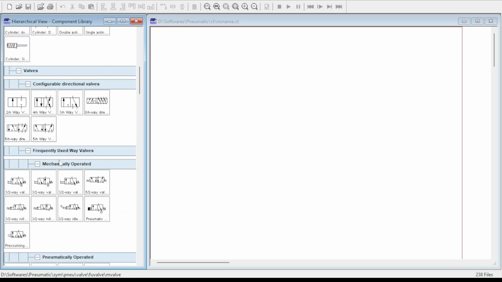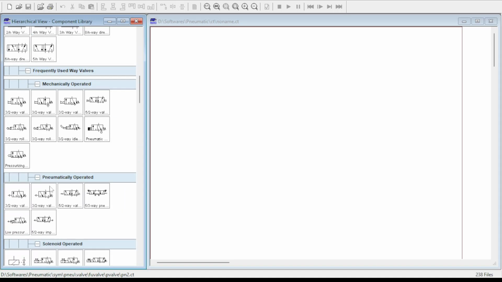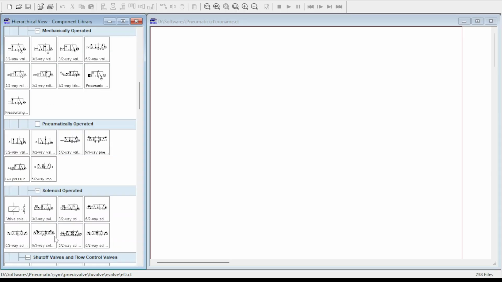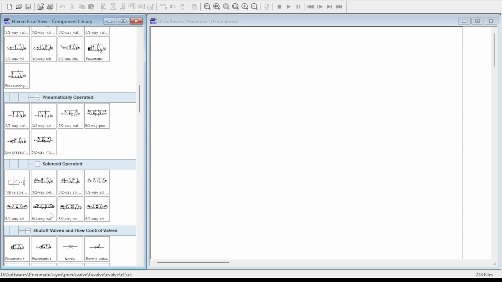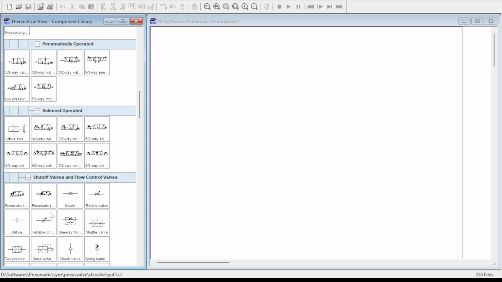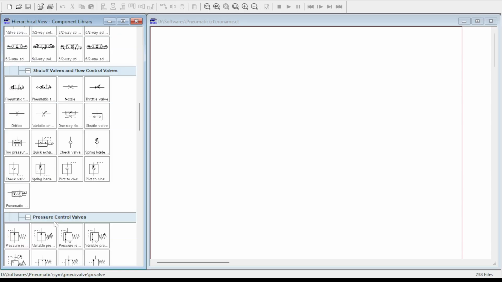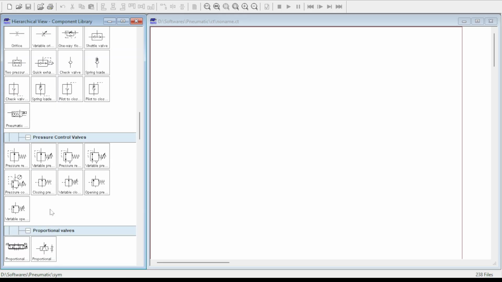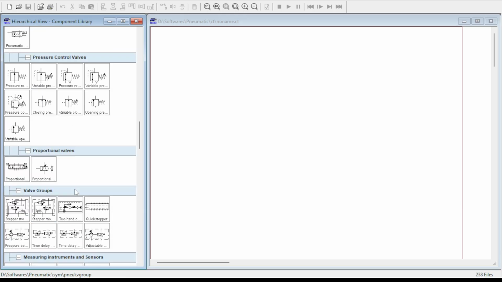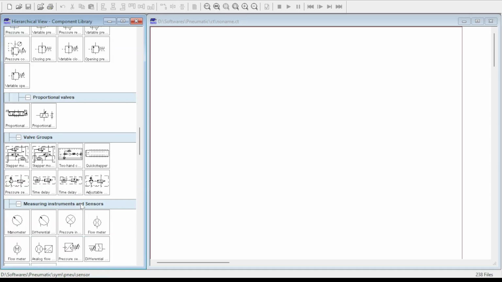And under frequently used valves, you will have mechanically operated DCVs, pneumatically operated DCVs, and solenoid operated DCVs, which are categorized on their method of actuation. There is a category for shuttle valves and flow control valves. There is a section for pressure control valves, proportional valves and group of valves, and measuring instruments and sensors